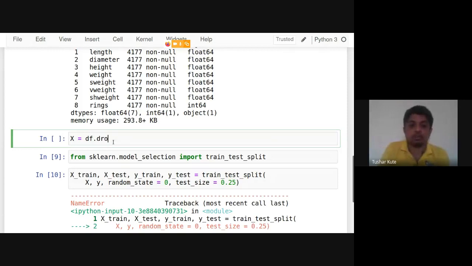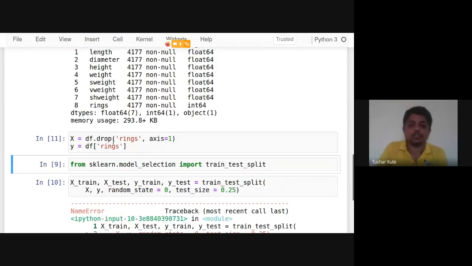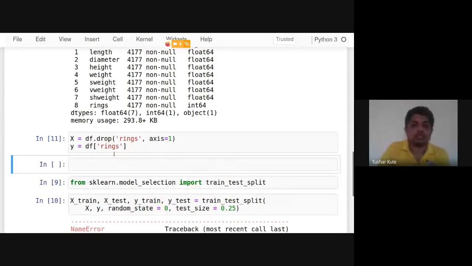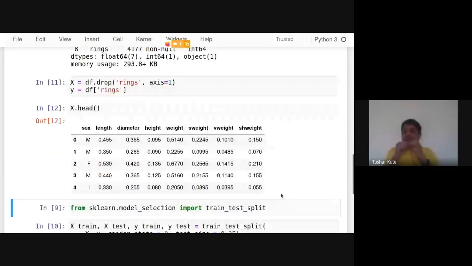Means inputs are different. df.drop the rings column. So I'll drop the rings column, and the remaining columns I'll take in the input variable. And in Y, I'm having the exact output variable, that is rings. It was also mentioned there. Check it out.